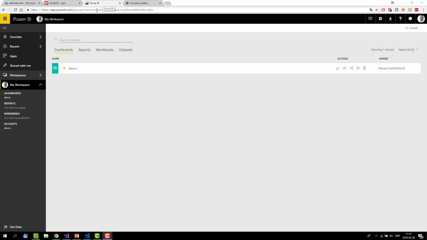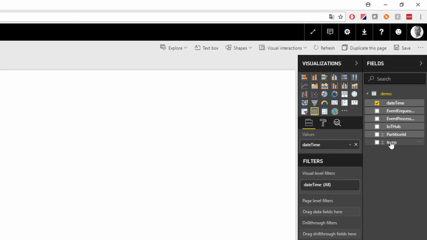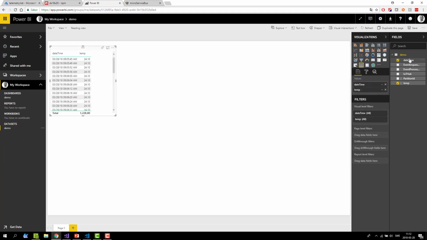So here in Power BI on my workspace, I have dashboards, reports, and I also have this data set that was now created from Stream Analytics. So we can look at this and build reports, like a tabular report where we can add a daytime and our temperatures. What you see here on the right side is the actual message that was sent out, and some properties that were added by Stream Analytics. But we can look into the data this way. But we can make more interesting reports on our dashboard,